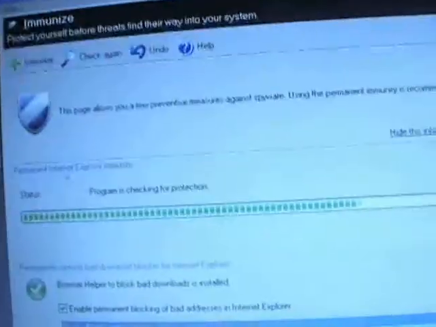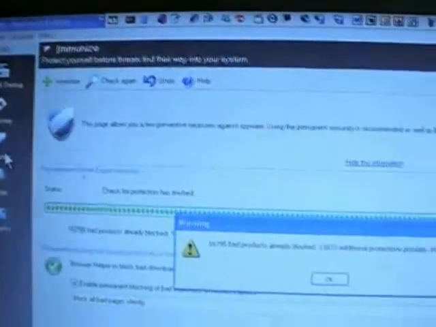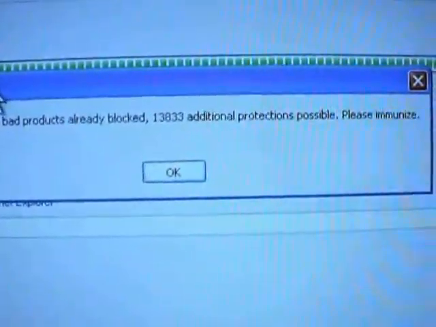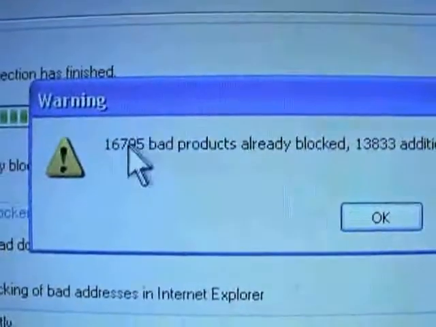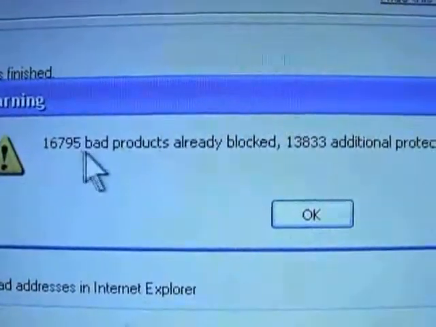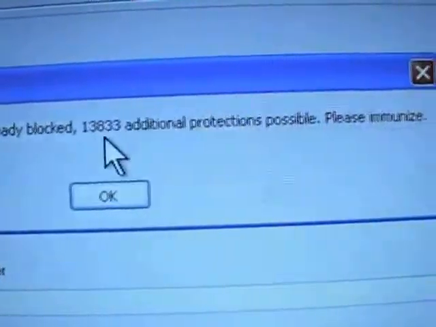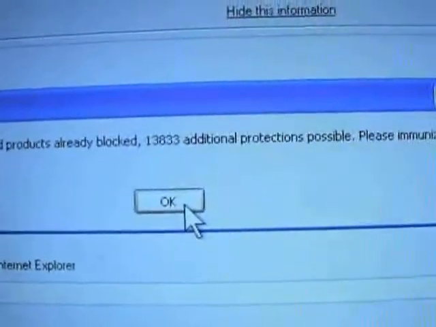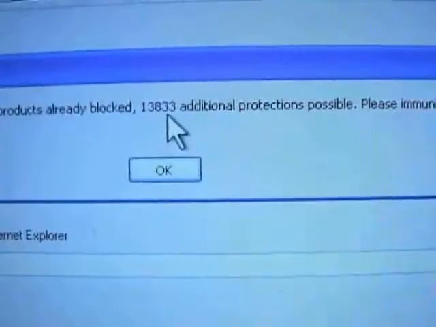And you'll get a screen that looks just about like this. And what Spybot does is an initial check for what protection updates have been implemented and whatnot. And currently, as you can see, this is how many have already been blocked, and these are how many have not been that we can block. So we want to hit OK and actually block those remaining